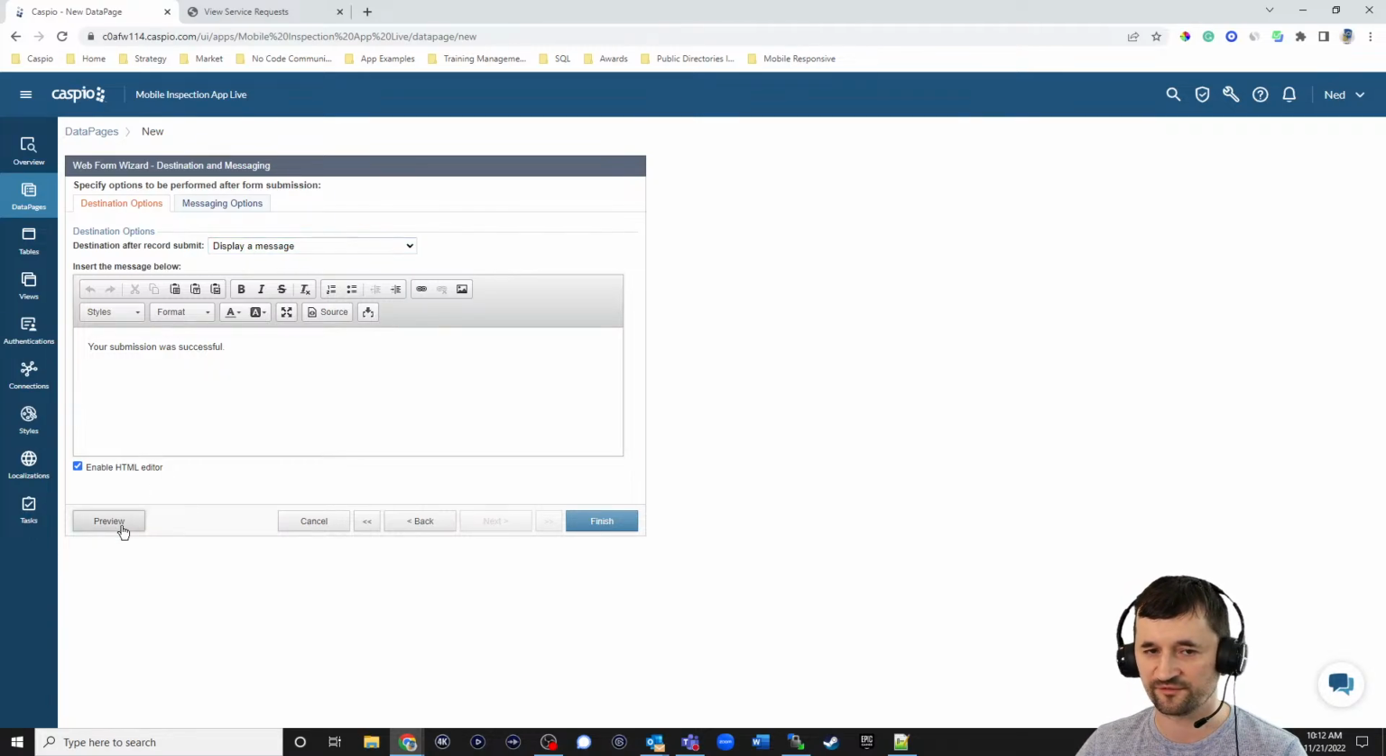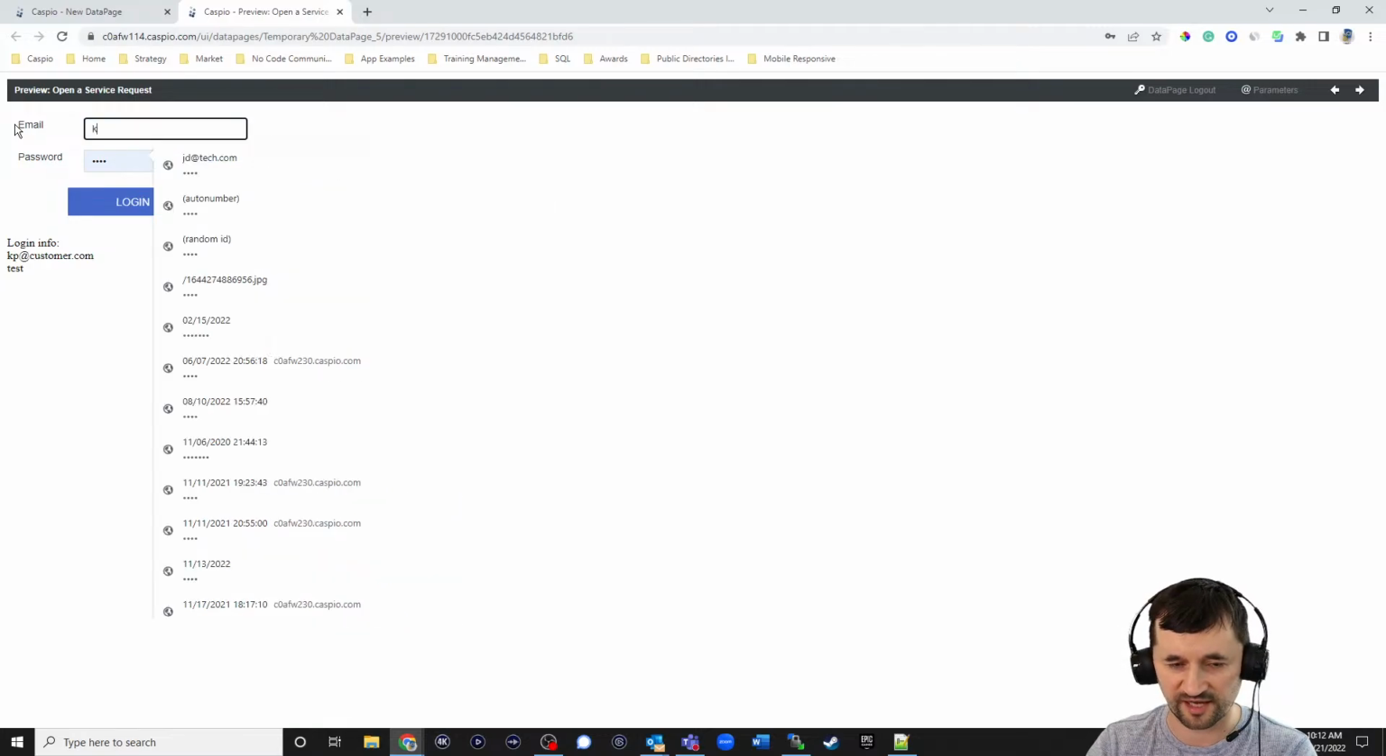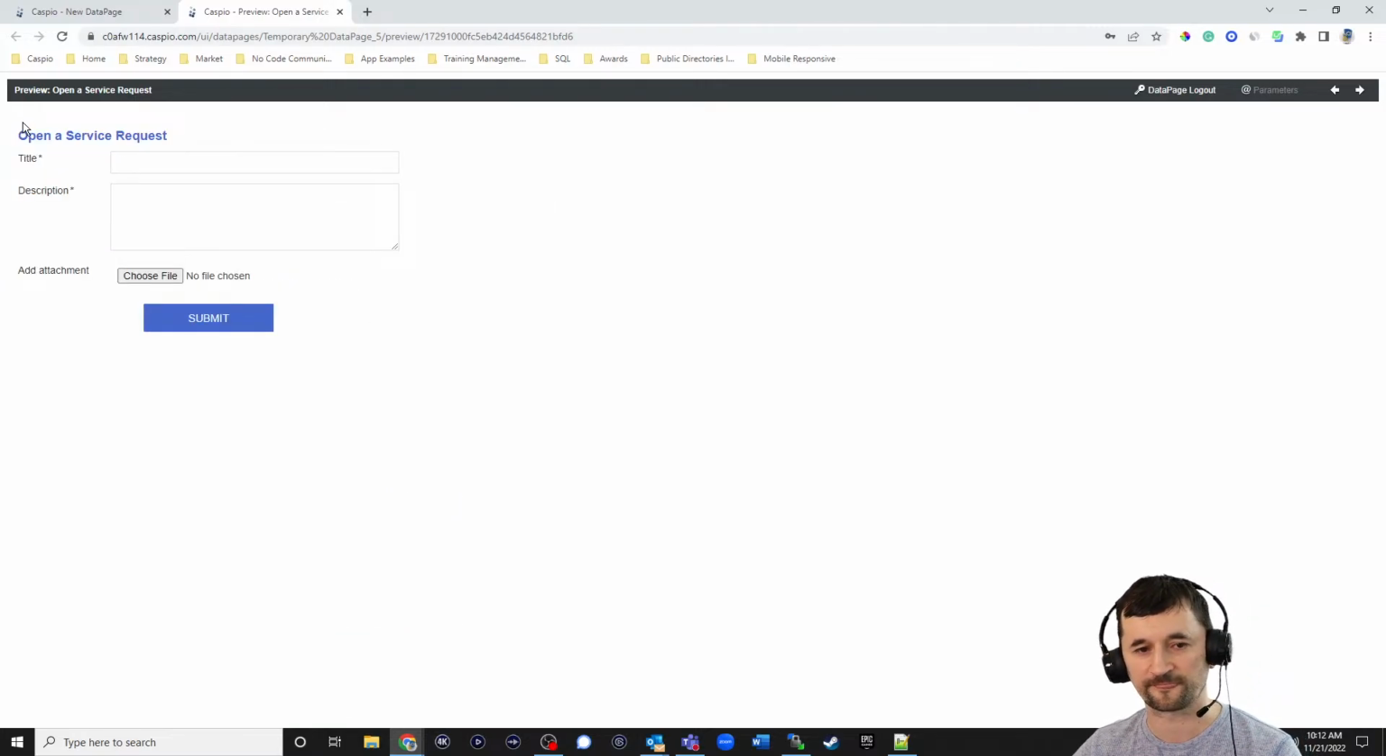I'm just going to hit preview to see what I have. And I will log in as KP, who happens to be my sample user. And there's my form. All right. So we could move the label inside the field as well as a placeholder. I'm not going to do that, but because I have that checkbox for responsive enabled,